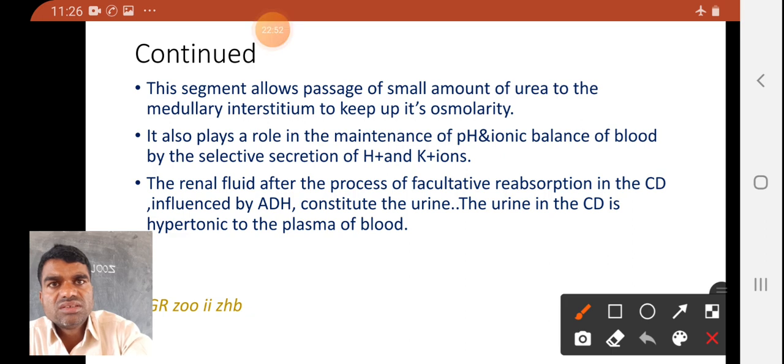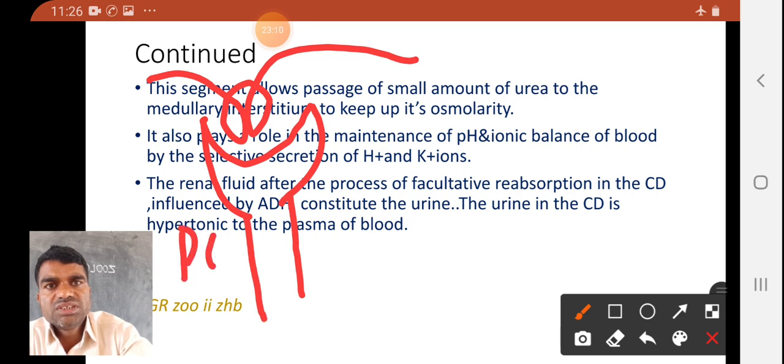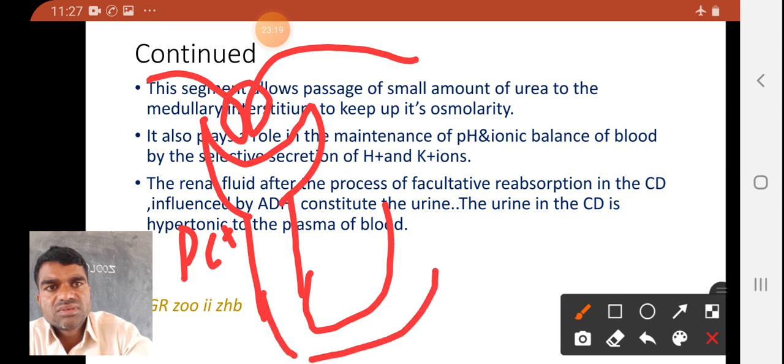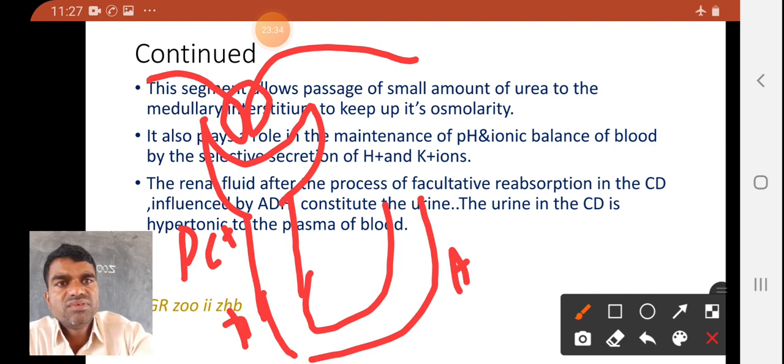Okay, see briefly here, right, this is the afferent renal arteriole, it is called the glomerulus. This is called the efferent renal arteriole. Now this one is called the Bowman's capsule. Now the neck-like structure is called the PCT. Now the U-shaped structure here, this is called the descending limb, and this is called the ascending limb. The descending and ascending limb together we are calling the loop of Henle.